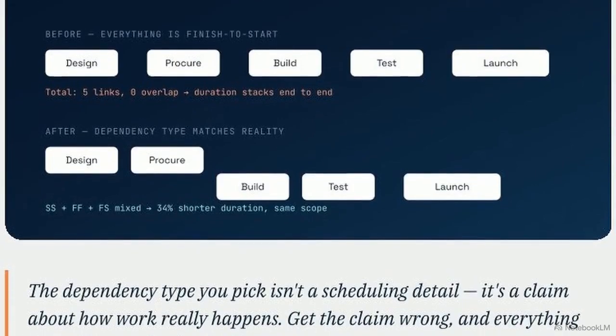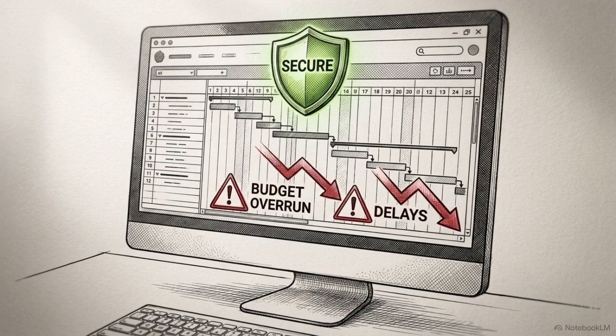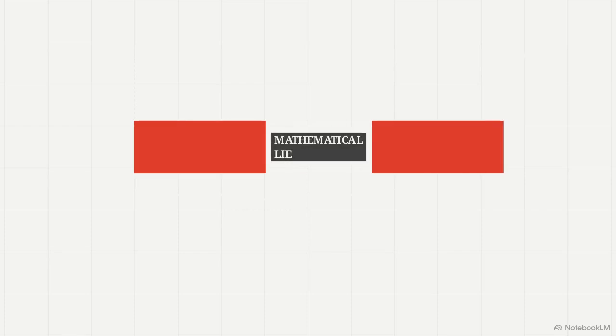When logic matches the work, mixing start to start, finish to finish, and finish to start, the timeline collapses. Duration drops 34% with the identical scope. Using finish to start as a blanket setting doesn't protect the project from risk. It bakes a mathematical lie into the critical path, artificially extending the timeline before the first hour of work is